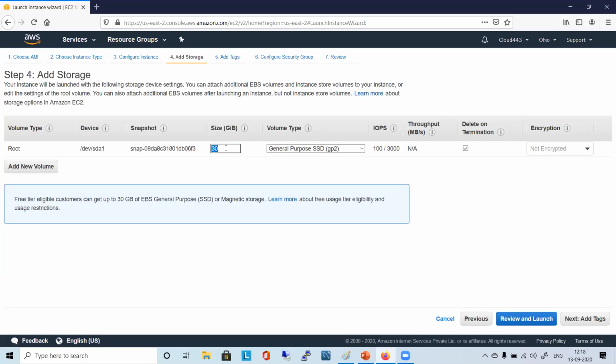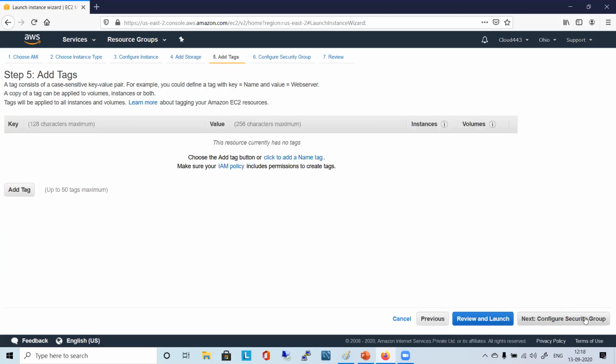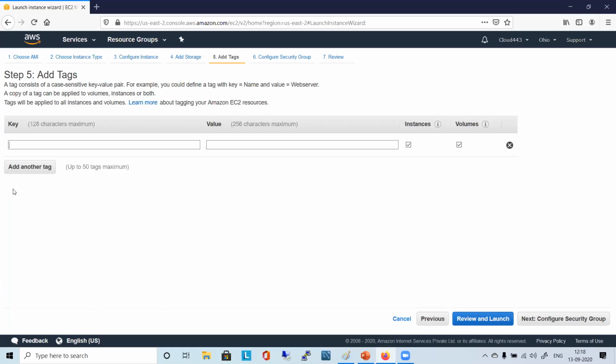So let's go to the add tags option. You are aware now that tagging is a key value pair, so you can give some name here. I say name, and give some name like Windows.